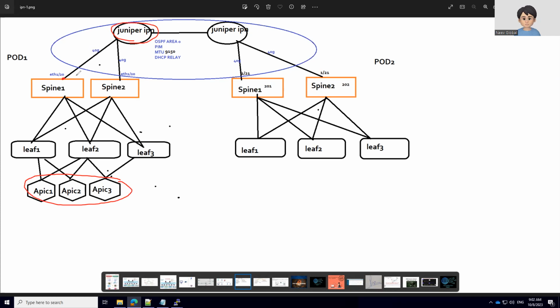So I'm going to connect these two interfaces, 1/20 and 1/20, using VLAN encapsulation on .4. And towards the spine IPN devices, I have Juniper, which is running OSPF area 0. PIM we are running, MTU sizes are configured. We are running the DHCP relay on these interfaces. Okay, so let me show the configuration template which I used for the